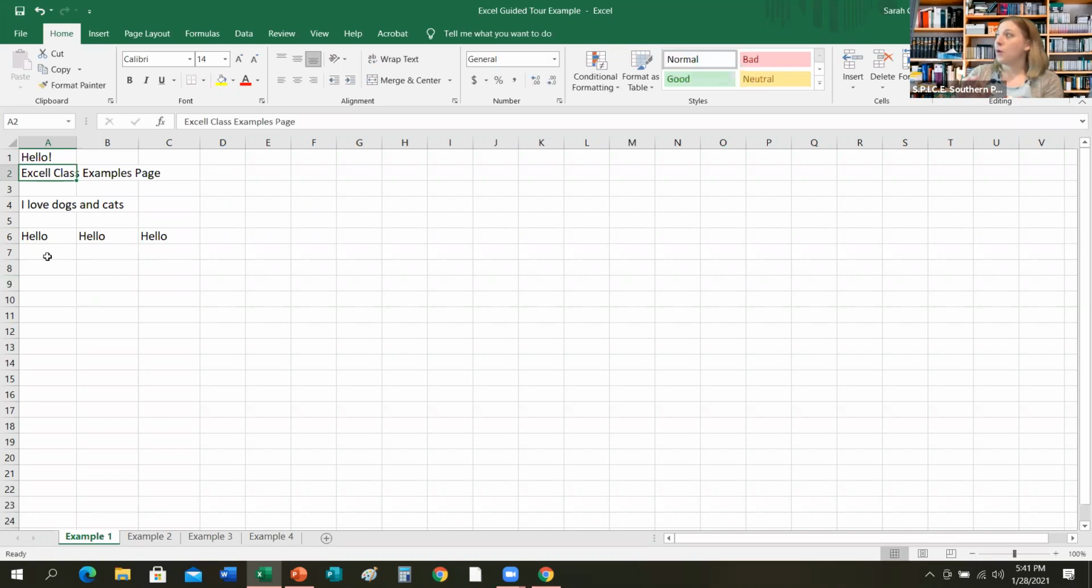Another way that you can work through your cells is by using your arrow keys. So say you want to go up or down or side to side, you can use your arrow keys to